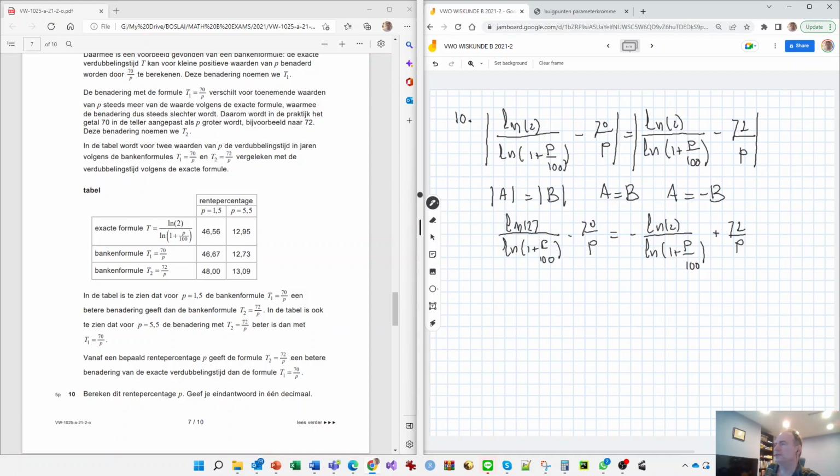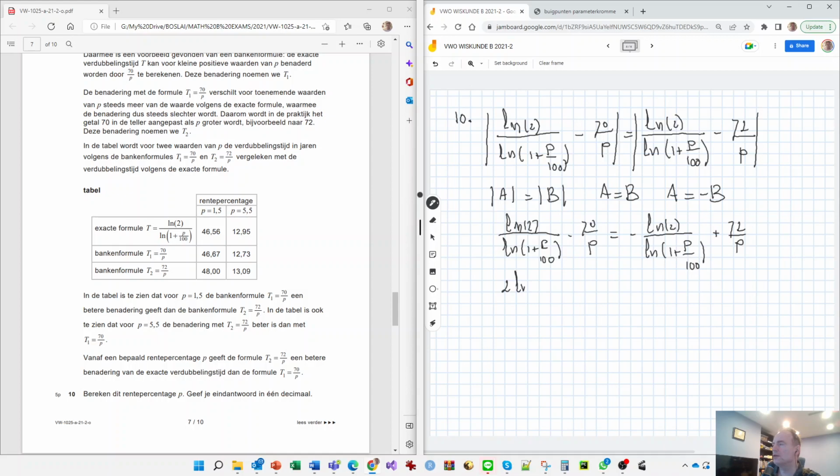So just bring this to the left, and I guess there's not much more useful you can do. Oh, of course, you can still subtract. Yeah, so what you get is